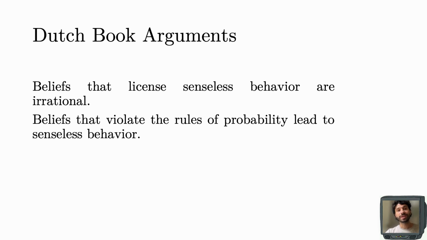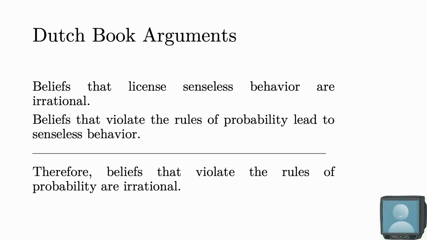And this is what we've seen, right? When beliefs are operationalized as betting behavior, beliefs that violate the rules of probability do actually lead you to do senseless behavior. And the senseless behavior here is what? It's that it allows you to get into a Dutch book. The senseless behavior is that you'll accept bets that will guarantee you a sure loss. And that's not very good, that's senseless behavior. And from these two premises,